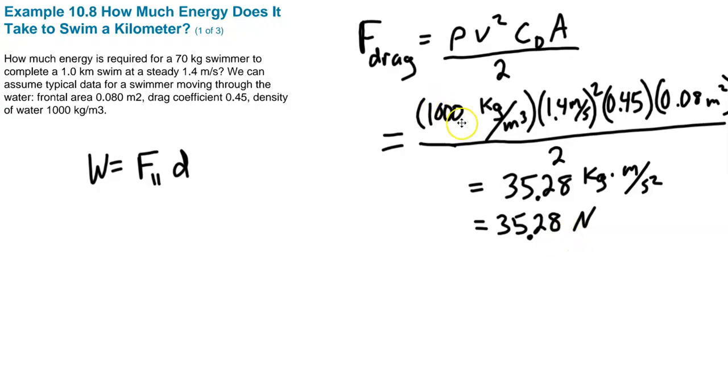I don't recall what they use for the density of water off the top of my head, but it's about 1,000 kilograms per meter cubed, depending on the temperature of the water, but that's close enough for what we're doing here, and just go through and calculate all the things there, and you get 35. Again, none of this stuff over here, the drag force, is something you need to know for AP Physics 1. Realistically, they would have to give you the drag force if they wanted you to do this type of calculation. Now, with that said, our swimmer is moving through the water, and the question is simple enough: how much